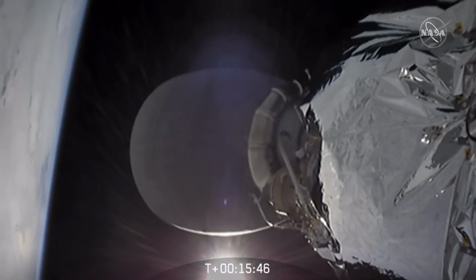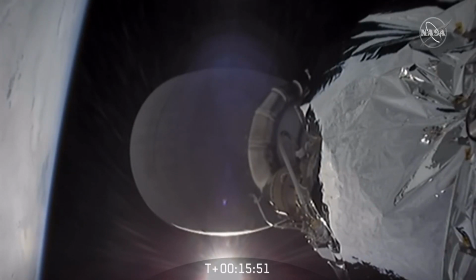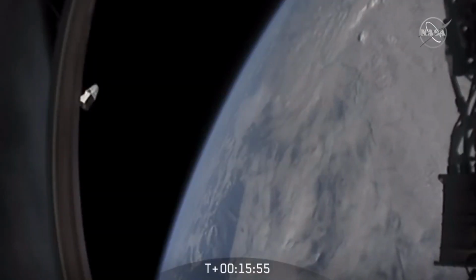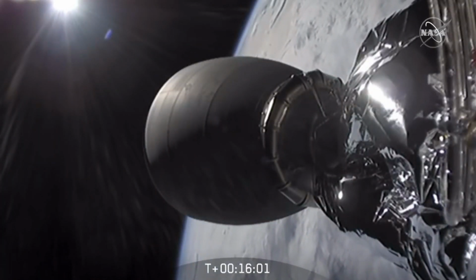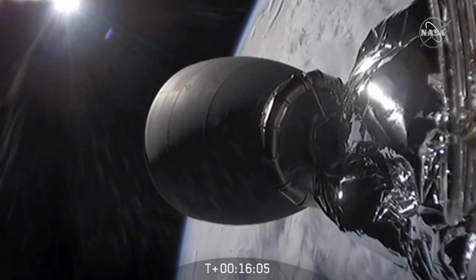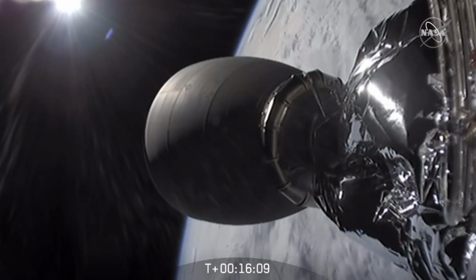So they're actually going to be using those touchscreen displays to take control and manually pilot Dragon. We'll walk you through what that's going to look like, and assuming we have some good ground station coverage, we'll be able to get views from right inside Dragon, looking over their shoulder as they manipulate the controls at the display. But, I mean, we had a smooth ride uphill, both stages of the Falcon 9 doing their job, placing Bob and Doug